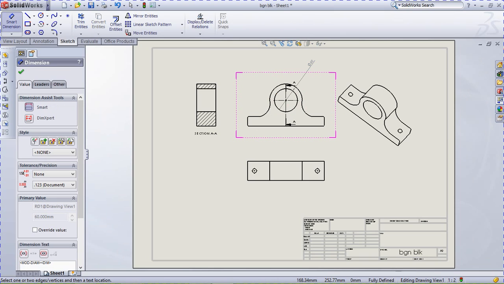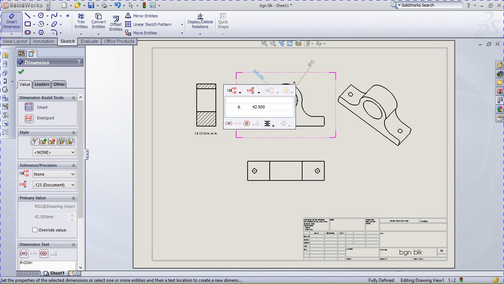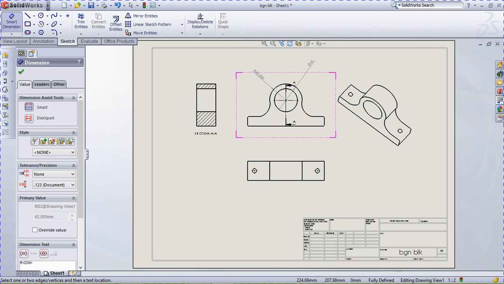This should be the radius of 52.4. Okay, how much does this arc actually come to? Actually it comes to 34 point. No problem. This thickness 19, which means I have to show the total thickness, right? So select,